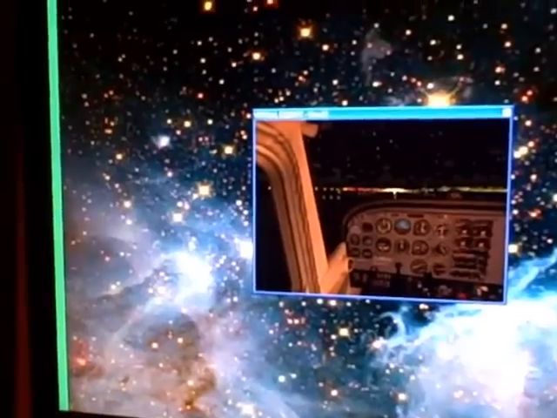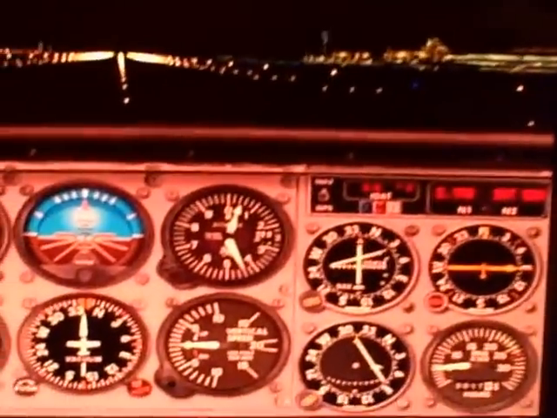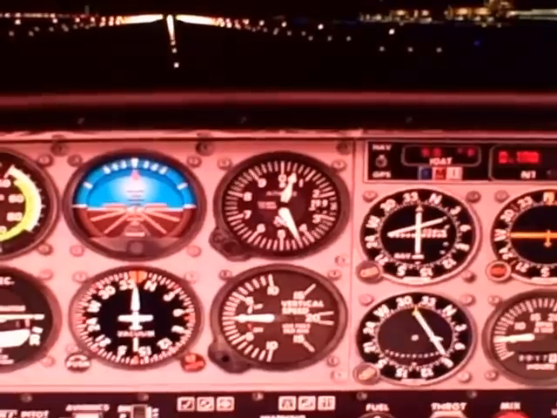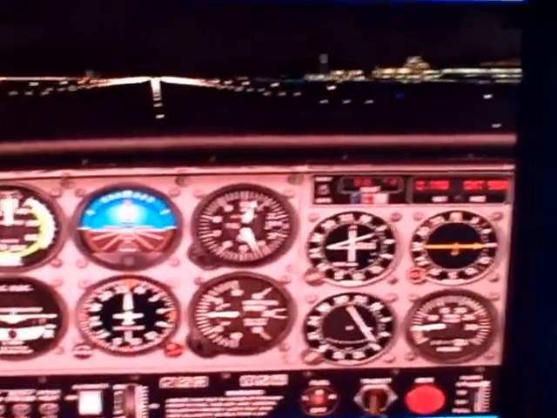So what you want to do is do this kind of manually. You have to configure a right side view to the front of the instrument panel here, and you want to line them up as best as possible. It's never going to be perfect, but